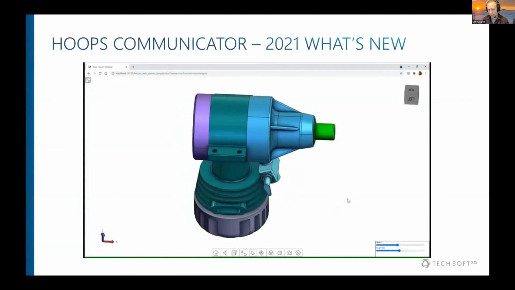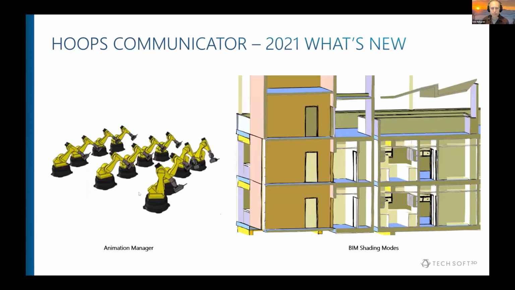So one of the things that we added that you just saw here was the ability to take an existing CAD model and actually convert it over so that it took advantage of our PBR calculation. So it's not even that you have to have all these materials in a glTF file. You can actually read in any CAD assembly and convert it over. Okay, what else did we add last year?